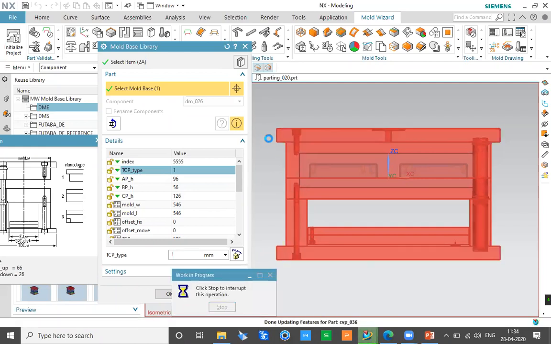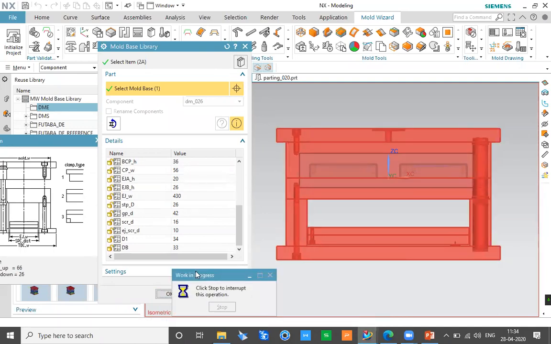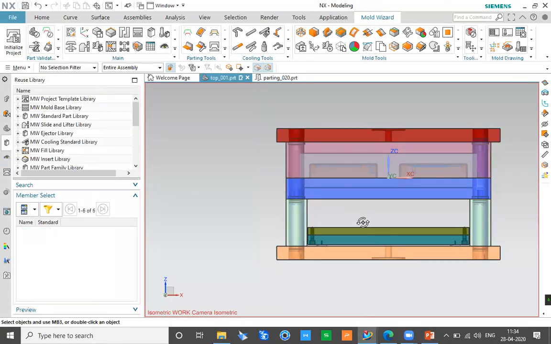So I can decide, okay, this is how I want the top plate and the bottom plate to look. So all this information can be derived and properly changed. Once we do the implementation of Mold Wizard, we also explain how to do all these kinds of changes in your workplace itself. So I'll just click OK for now to accept the default mold base, and it will now create a detailed model of each and every plate. Basically it will do it in a separate part file.